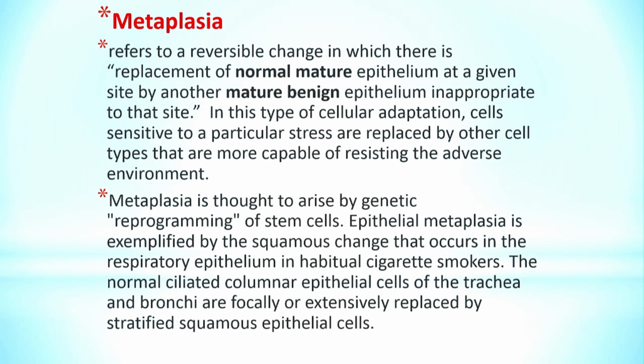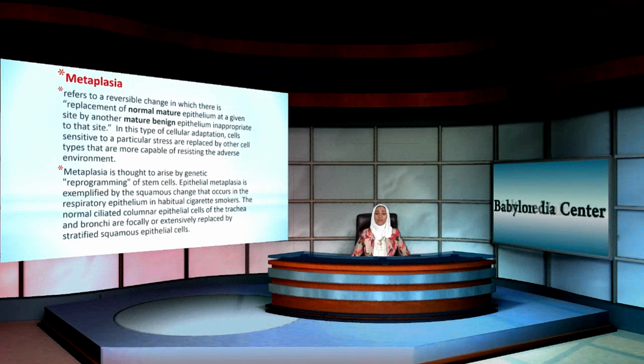The final type of adaptation is metaplasia. Metaplasia refers to a reversible change in which one normal mature epithelium at a given site is replaced by another mature benign epithelium inappropriate to the site. So it is a change in the cell type, but both of them are mature, so we should differentiate it from dysplasia. In this cellular adaptation, cells sensitive to a particular stress are replaced by other types more capable of resisting